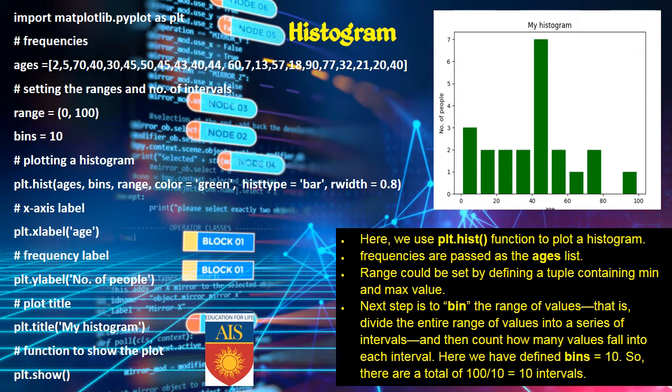Here we have defined bins equal 10, so there are a total of 100 by 10, equal 10 intervals, because our range's maximum value is 100 and the bin we have assigned is 10, so the range is divided by the bin, and we get the number of intervals, which will come as 10.